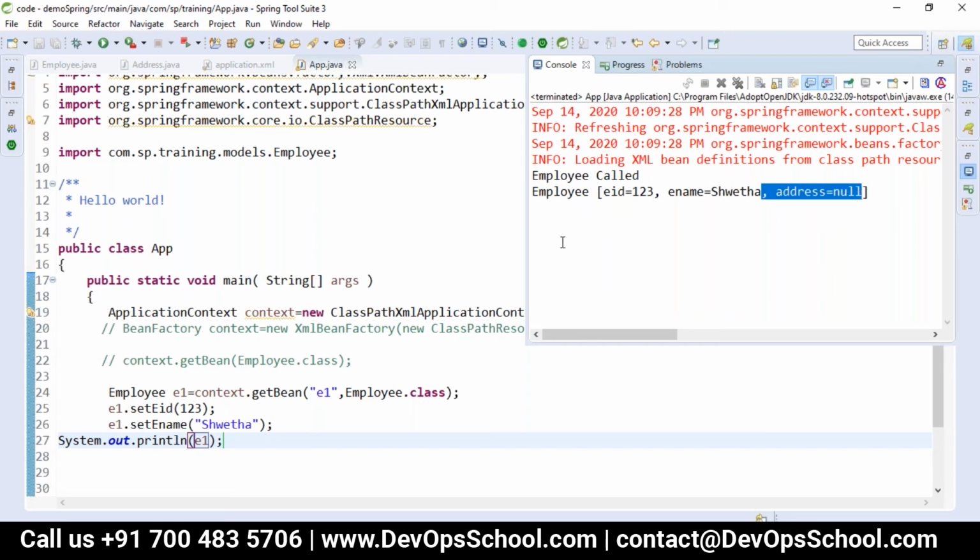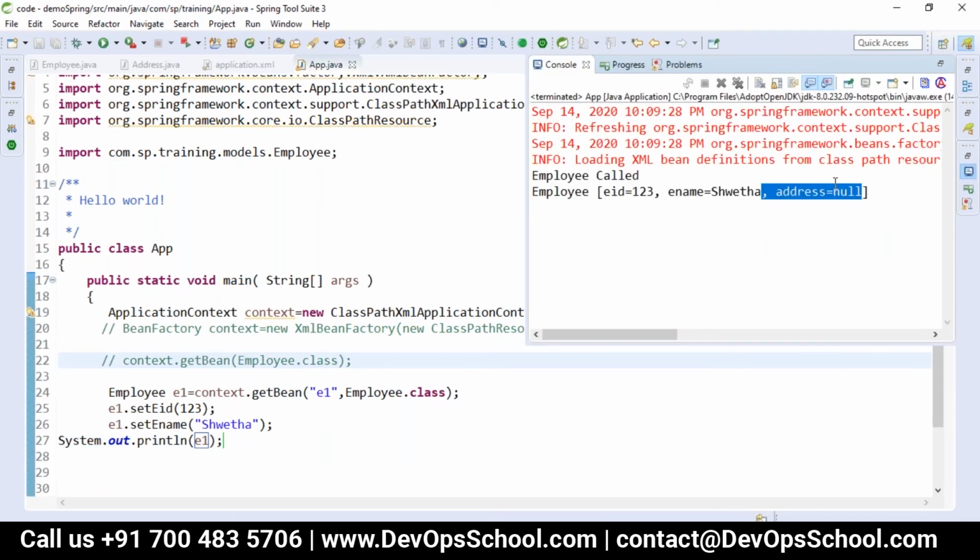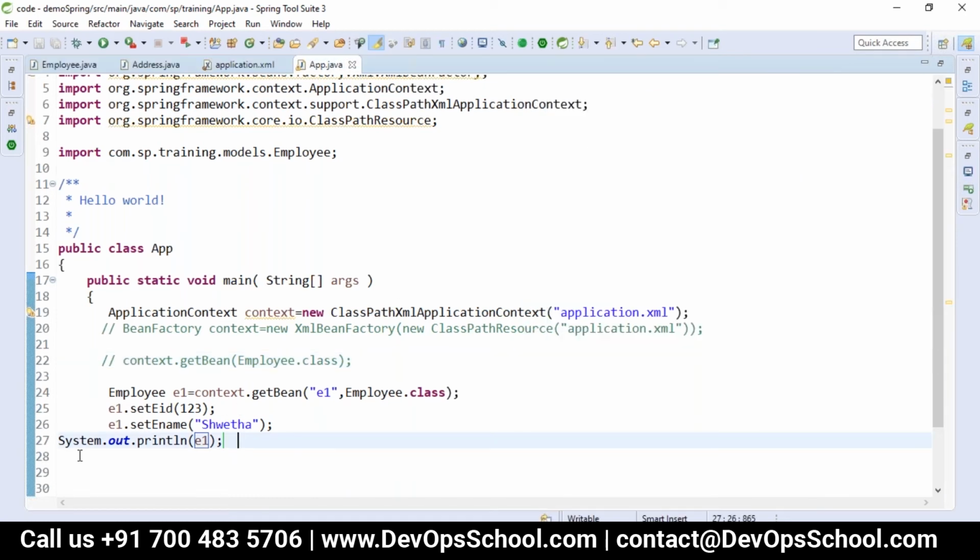So the Address object is not injected because Employee has an Address property, but the Address object is not yet created, so the object was not created here. So how will I inject that Address object?